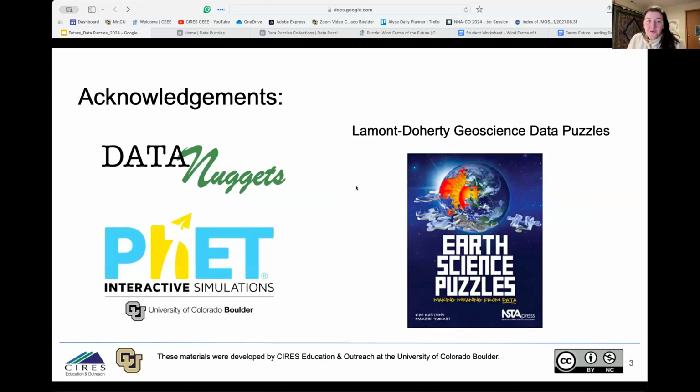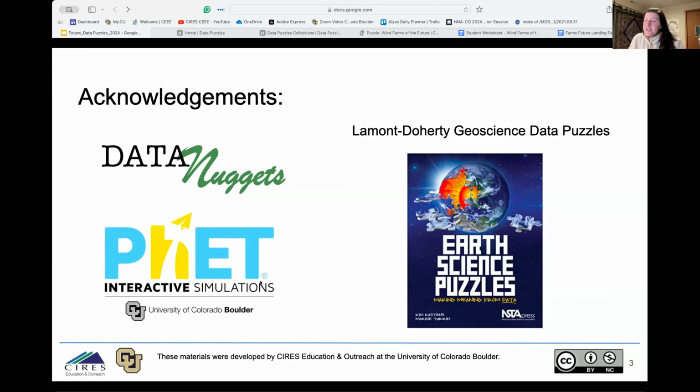I just want to acknowledge a few other organizations that we've worked with and that have familiar names. We've talked to them before. So Data Nuggets, we've actually made a data nugget with some data originally in the Mosaic curriculum. And so worked with them early on, and just want to acknowledge their part in helping to conceive of data puzzles.